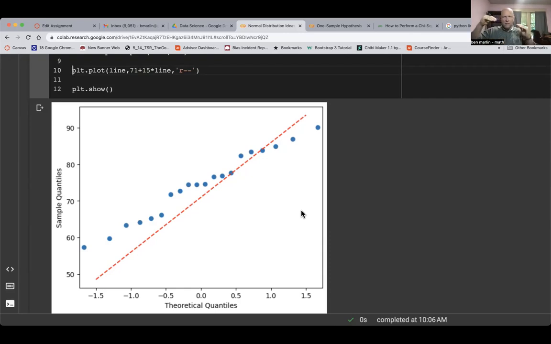If it's a straight line that's kind of hooked a little bit at the ends, that's not too bad. But this one here, it looks like it's a little crooked in the middle. Okay. It should be pretty straight in the middle, but it can be off a bit on the ends. If it's pretty straight in the middle, then we say it's approximately normal, and then we just go on with